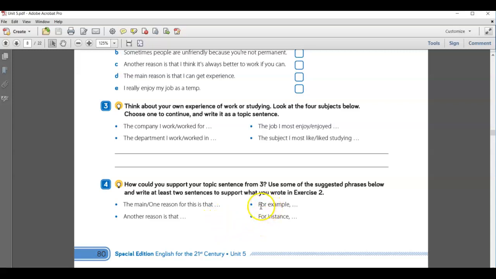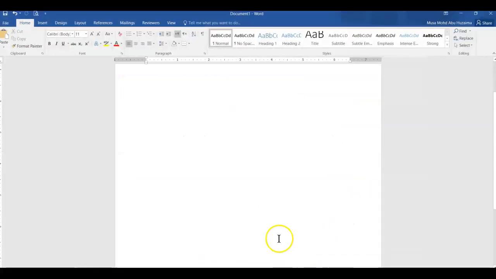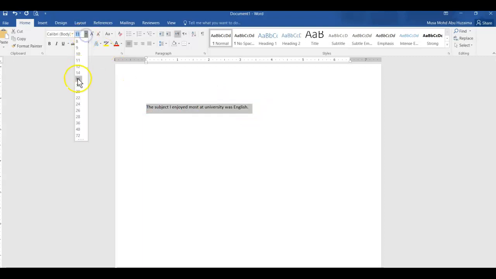If you want to give an example, for example, if I choose this one, the subject I most, let me type it up. For example, this is a topic sentence. The subject I enjoyed most at university was English. Okay. This is the